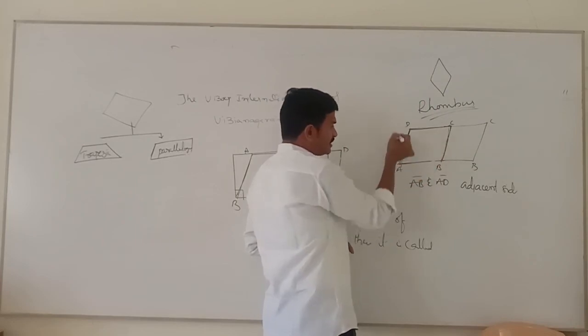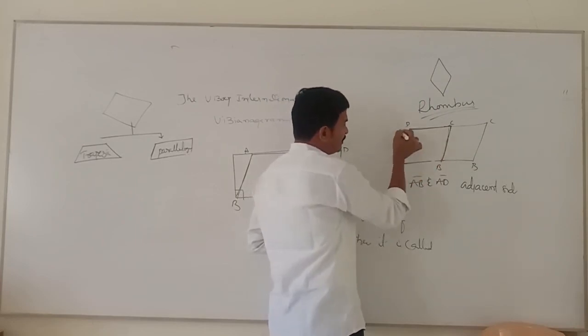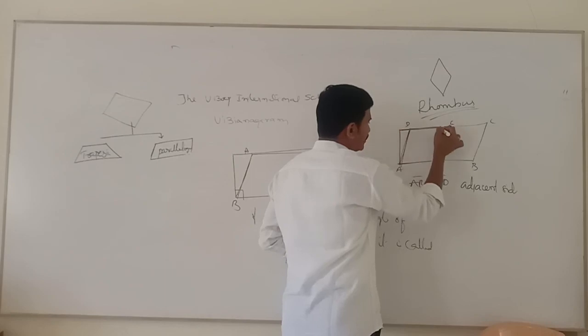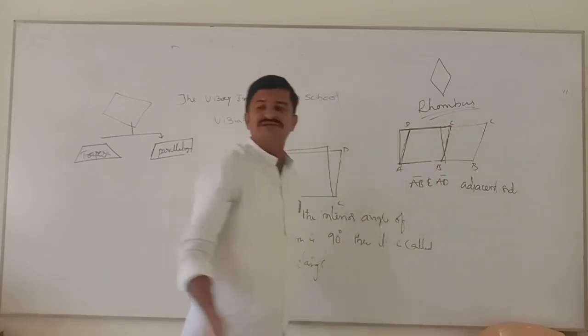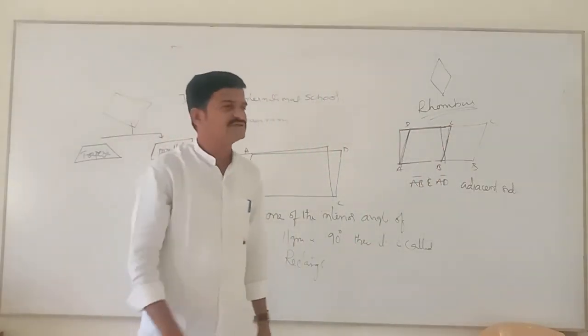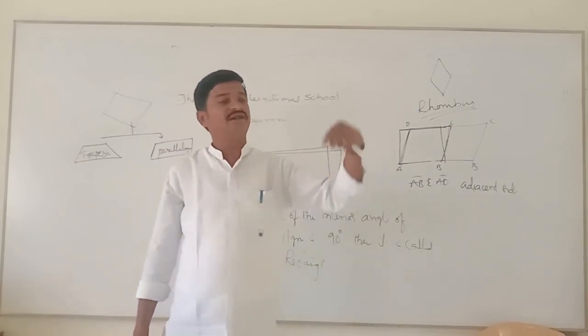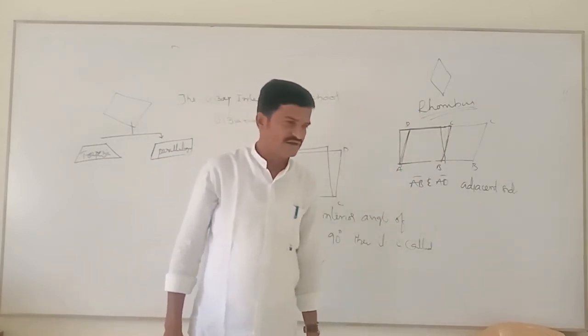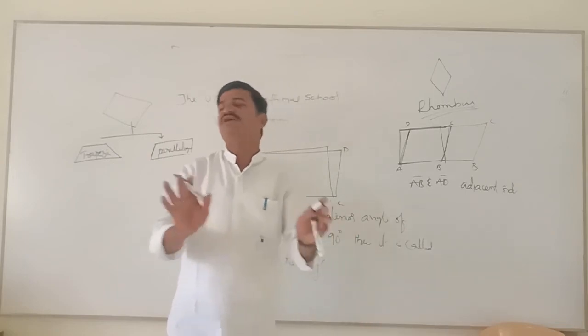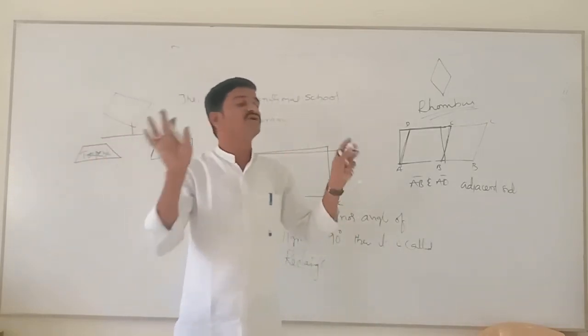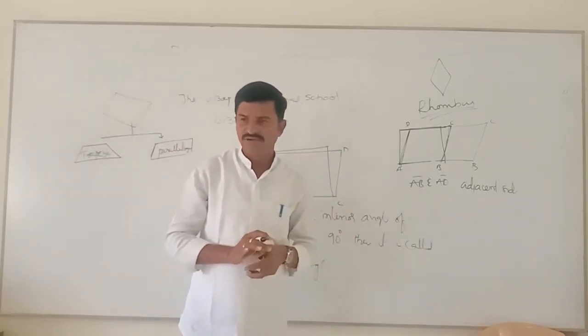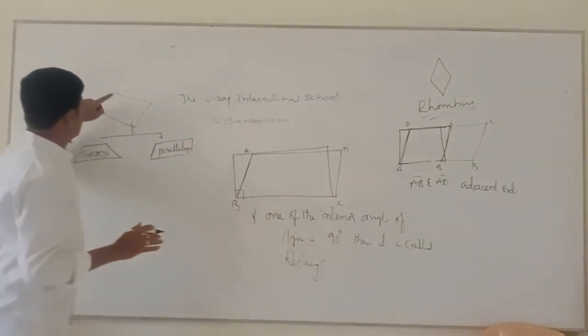So in this rhombus, one of the angles is a right angle. Like that it came. Then what is the shape of this? Square. In a rhombus, if one angle is a right angle, then that quadrilateral becomes a square. Are you clear or not? These five are the specific types of quadrilaterals. Are you clear?